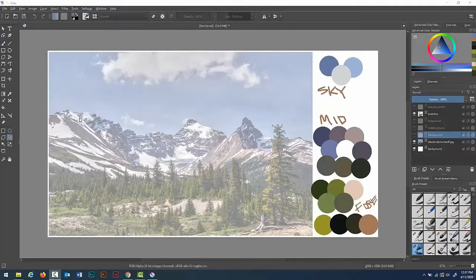All right, so there's our swatches again. So now I'm going to select that dotted dash line selection tool. It's in the right column, right down near the bottom, about 3 or 4 up from the bottom. And I'm starting to select the mountain shapes. So I'm going through, I'm looking at those, and I'm trying to follow that jagged edge right along the outline,